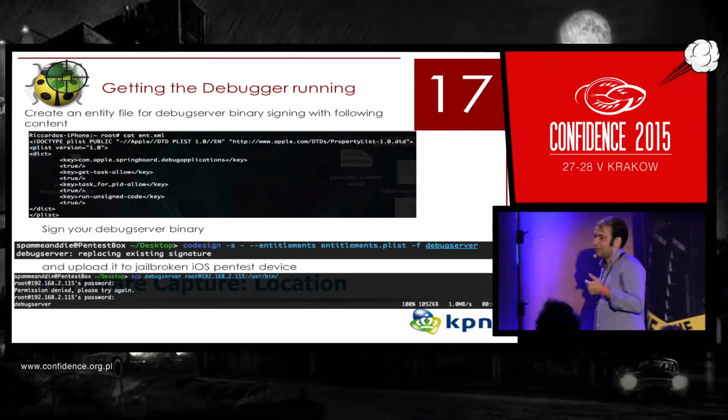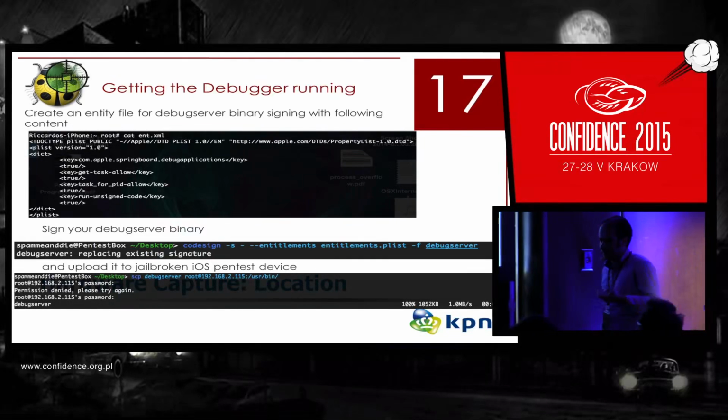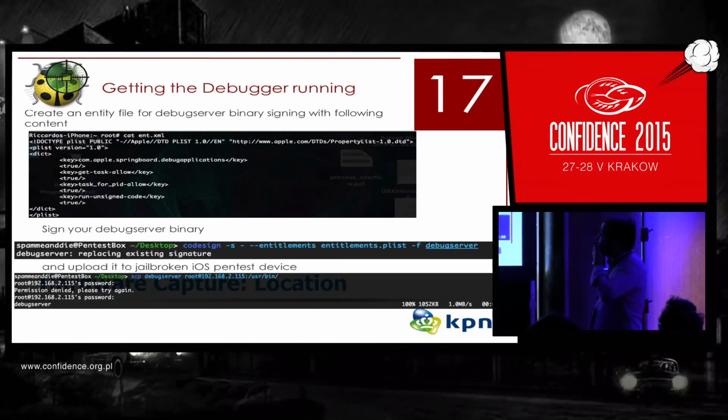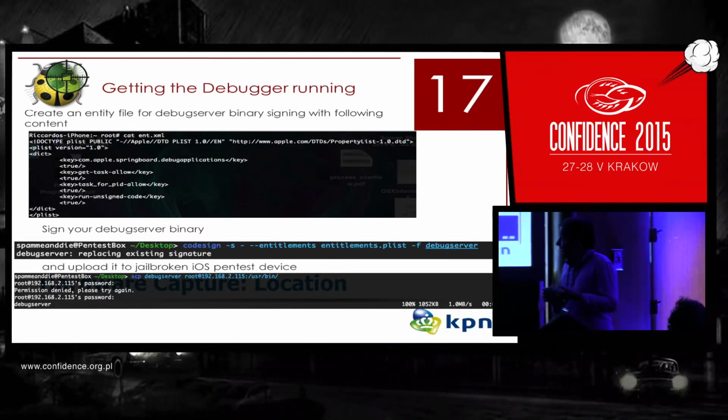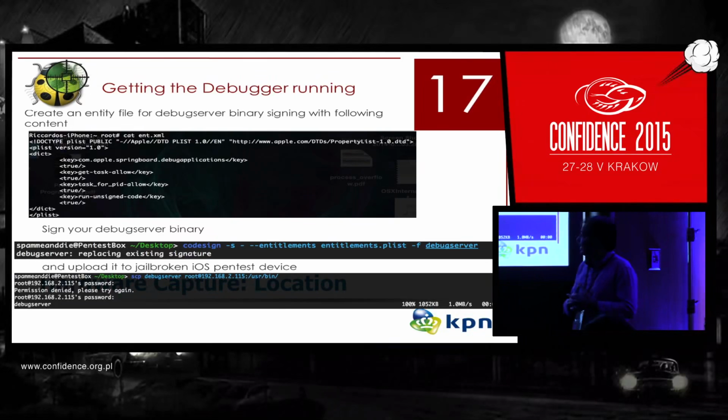To be able to run Debug Server on your iOS device, we need to set an entitlement file for the Debug Server. This is simply a sandbox policy file where you define what your executable can do on the device, for example, process ID for each task, run unsigned code, etc. That's what we want, because we want to attach an executable to the debug server on the device and do debugging